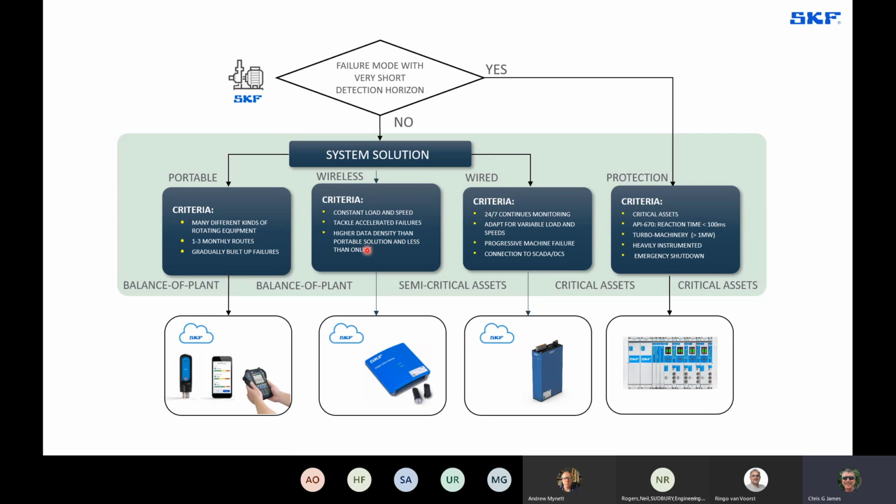Then we move into the next level, which is again a permanently installed device like this, but instead of wired, it's wireless. There's a lot of wireless devices that have emerged on the market over the last five or six years or so, with many claims of being able to revolutionize your vibration monitoring program or your predictive maintenance program and eliminate your downtime and so on. And they can go some of the way to do that, but it is important to understand that they're a wireless device, so that usually means they're battery powered, so they have a finite energy source, so therefore they need to take a periodic measurement and are generally only good for machines that have got a constant load and speed. But they can tackle failures that are starting to happen more often than collecting data with the next level down,